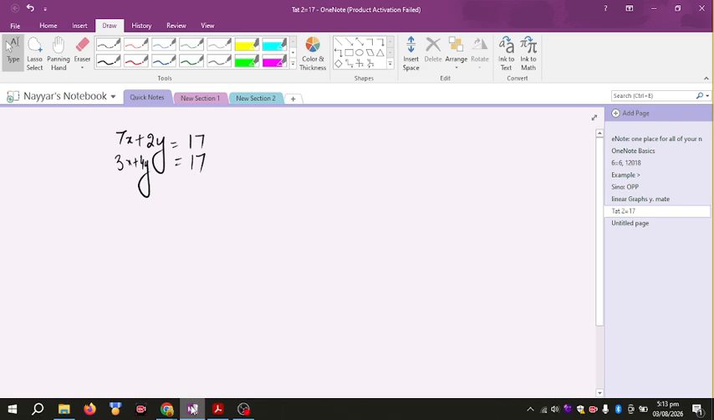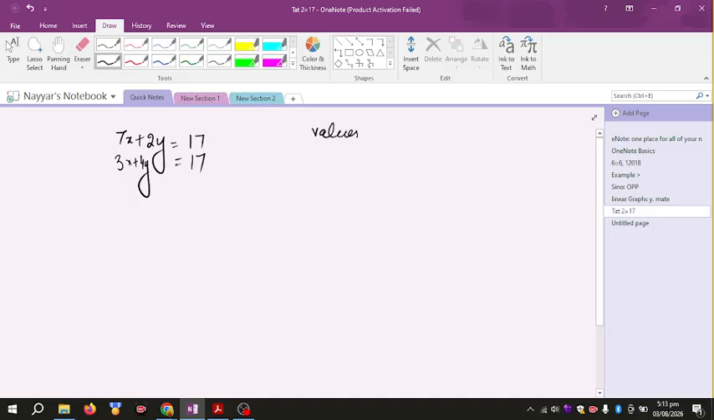So here you can see that the simultaneous equation is given. So we will solve it with the elimination method. Okay. So what is elimination method? In elimination method we eliminate one variable, but remember that we can only eliminate the variable if their values are